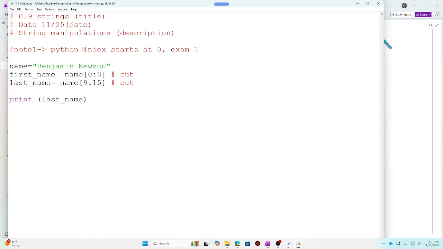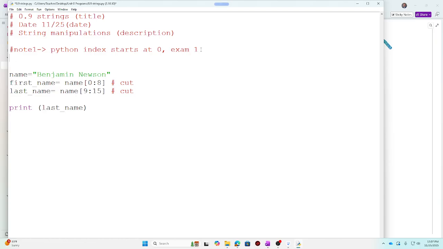So when we have the index starting at 0, the other thing is, Wendy, when we're cutting, if I wanted to cut this BEN, what would be the numbers inside the brackets? Are you sure? 0, 1, 2.